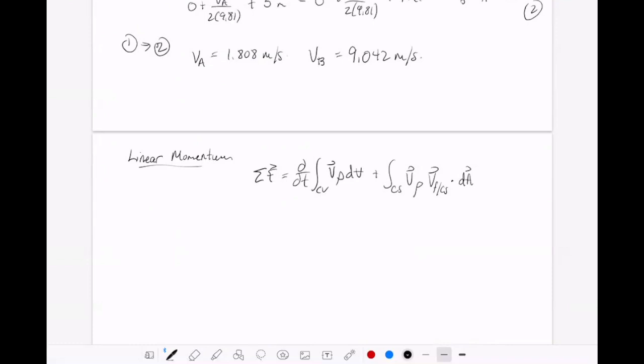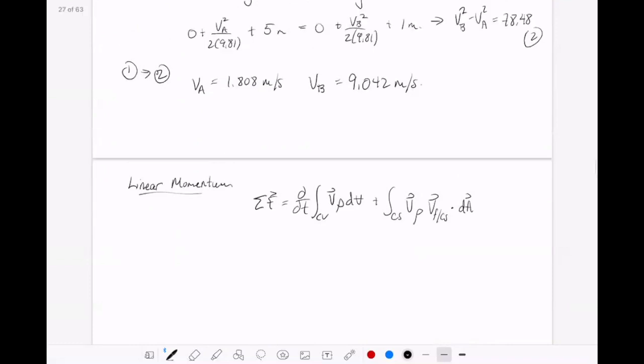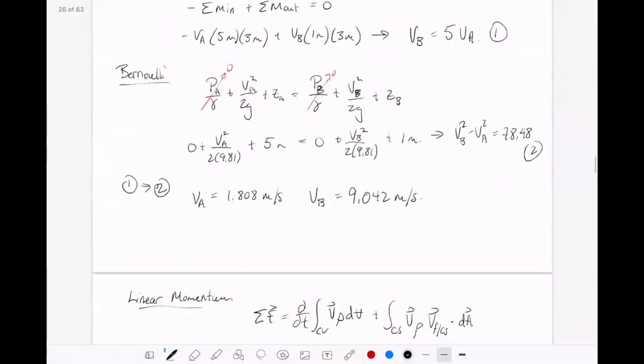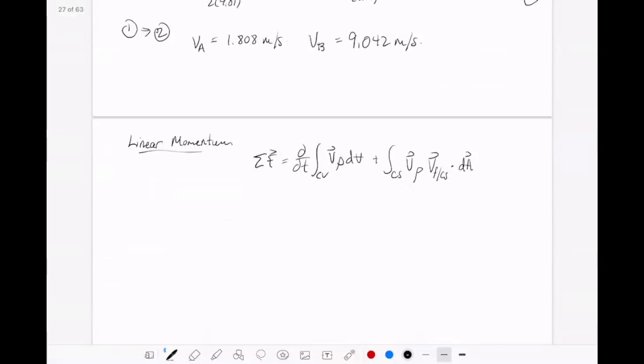So if we look back at the free body diagram and we want to solve for the force Fg, we don't really need to consider the forces in the y direction. We can just choose the x direction, so we only care about the forces in x. Let's write this in component form, just the forces in the x direction, and we'll write this as positive. The sum of the forces in the x direction will equal,